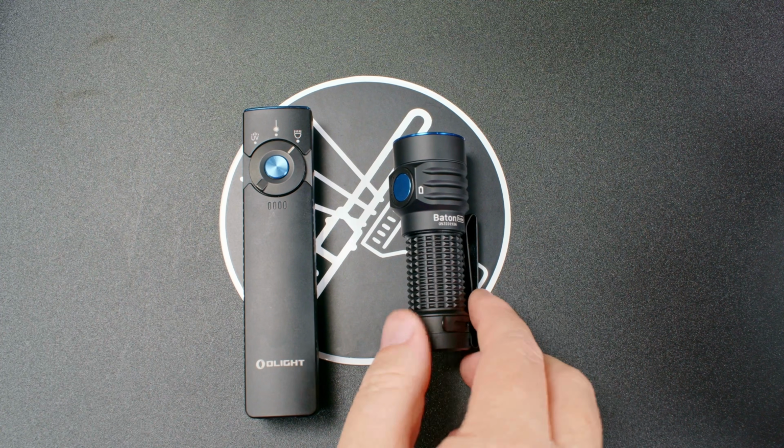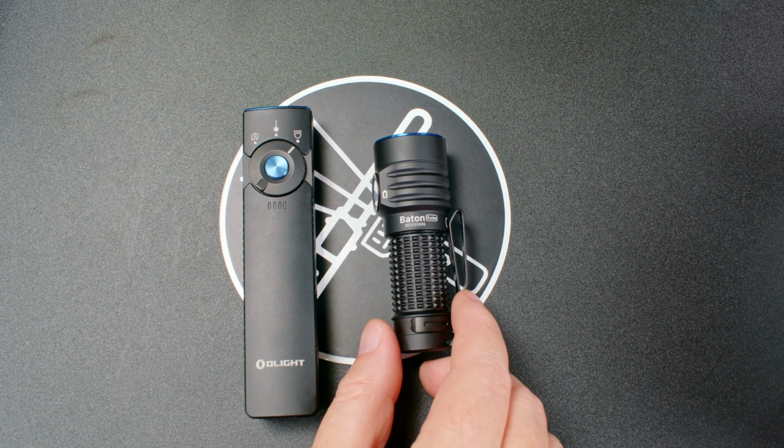I mean, there's so much I like about it. But the one thing it's missing is any real penetration for hundreds of meters away. And that's where the new Baton Turbo falls in. I'm going to show you later in the Beamshots how these things complement each other, but I'm telling you that